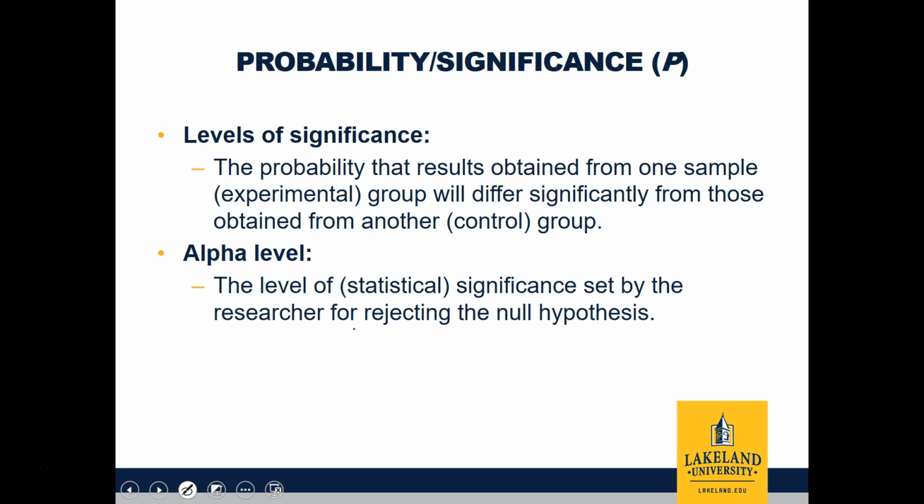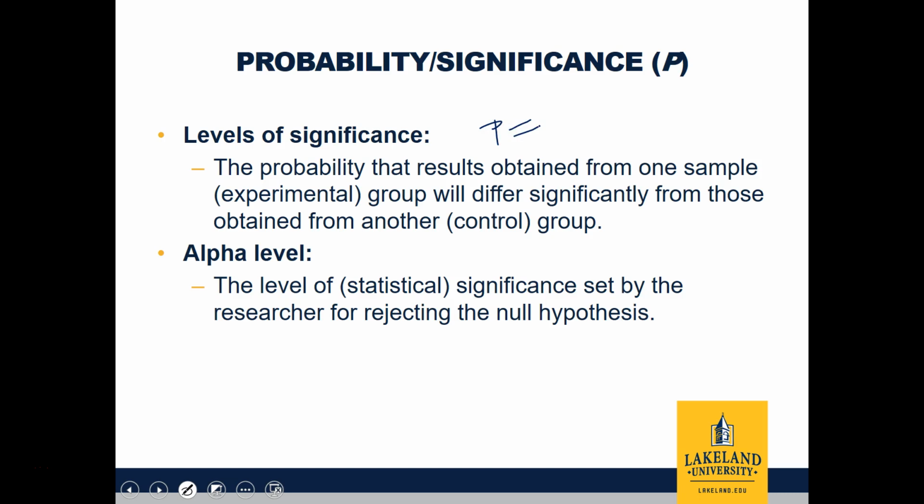So I could certainly have an experimental group and a control group. I could have one class where we made everybody study a lot and spend a lot of time studying, and then another group where you're not allowed to study at all, and we'd see if there's a difference between the scores. The level of significance would be reported when we examine that hypothesis and conduct the analysis. Generally, it's going to be a p-value